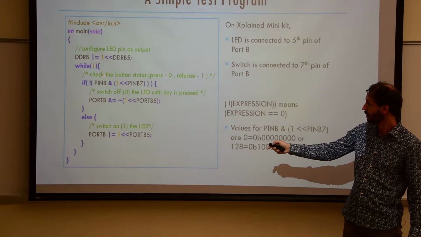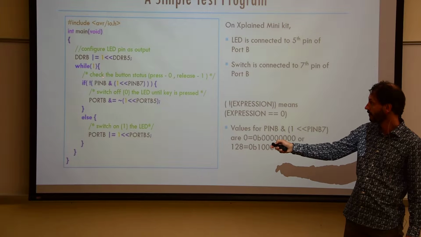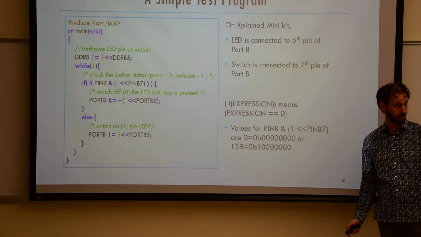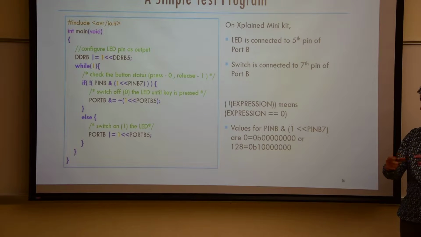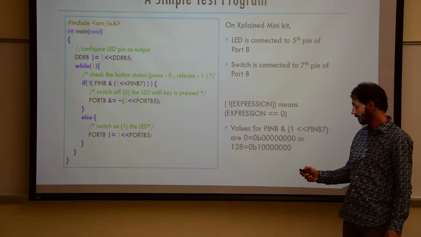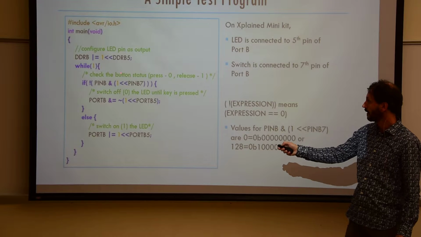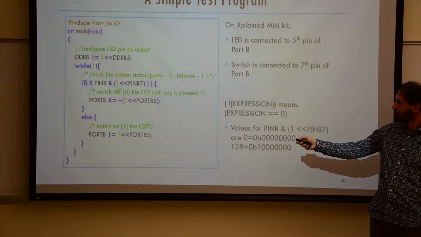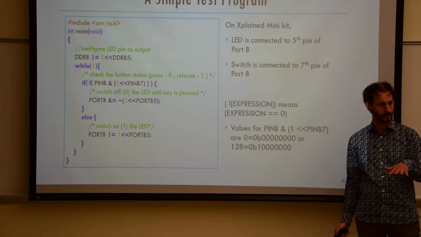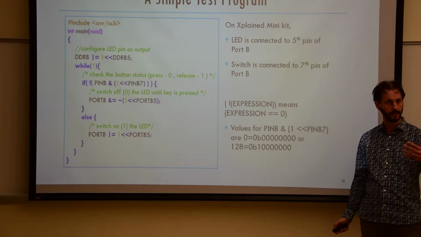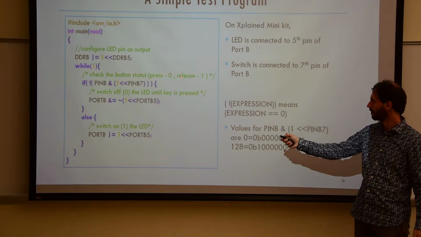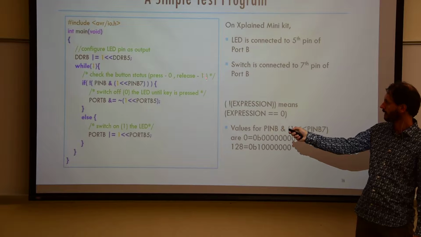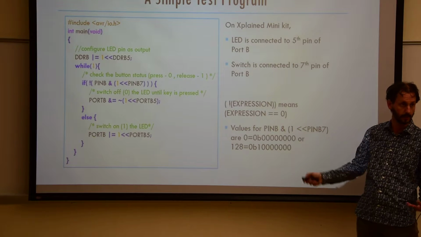So let's see, we have an infinite loop, and we are going to check, in this particular case, the button status. You also have a button on your little board that you have bought already, and we're going to figure out whether the button is pressed or not. Now, a press means a low voltage and should be read in as an input as a bit 0. If you release it, it will be a high voltage, and you will actually see a 1 in your pin